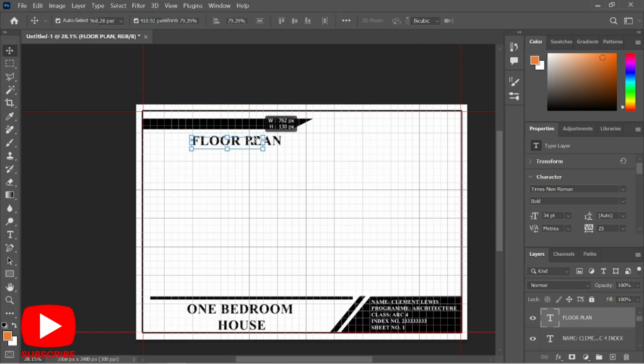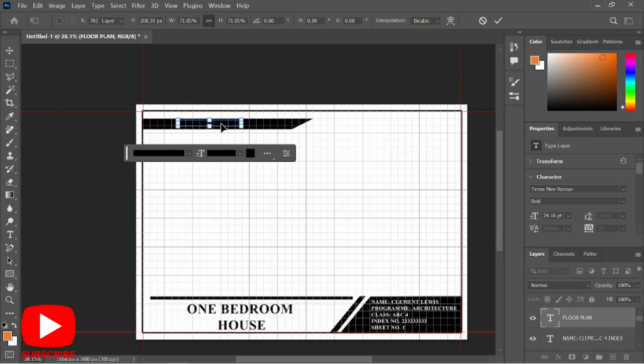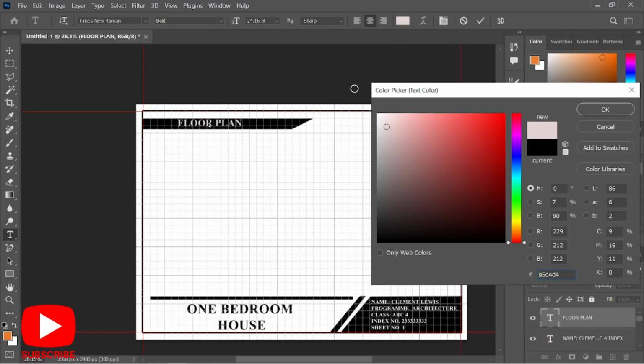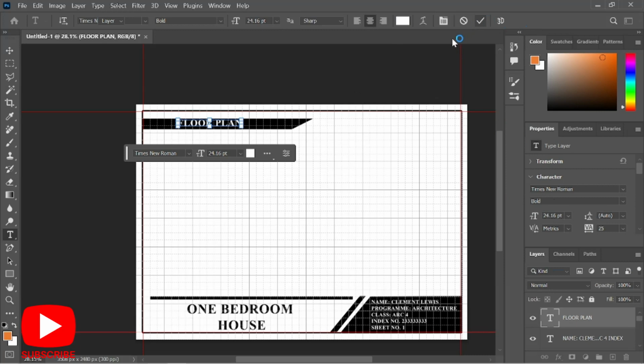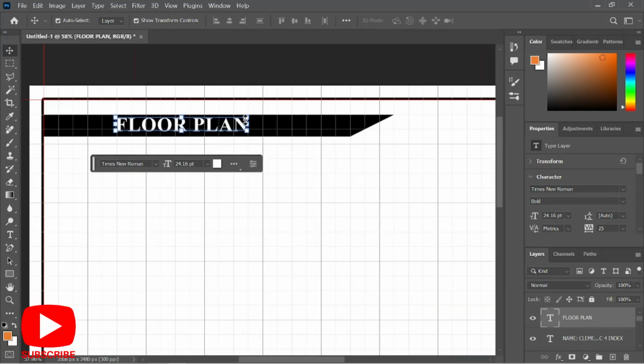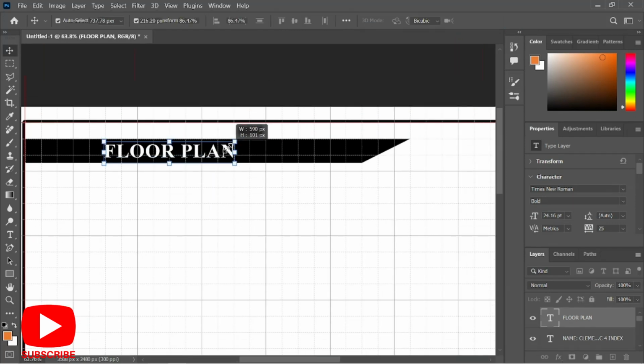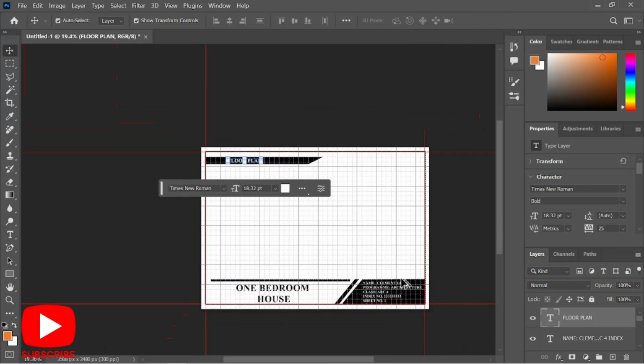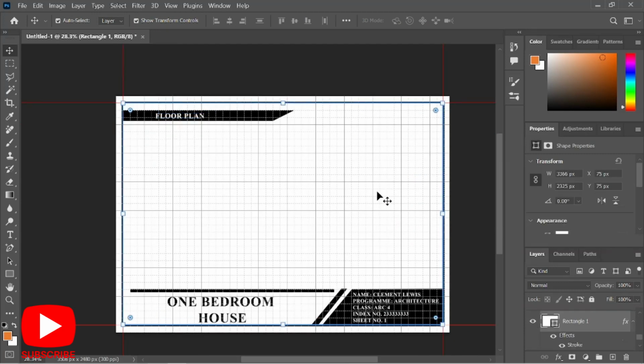I resize it. I bring it up. Double click, double click, double click. Change the color to white. Okay, I zoom in. Resize it. Okay, it's okay. I select Control Alt. Good. Now you can see that yes, we have some sheets that we can put our Revit project on,